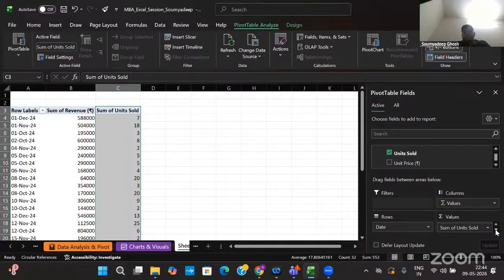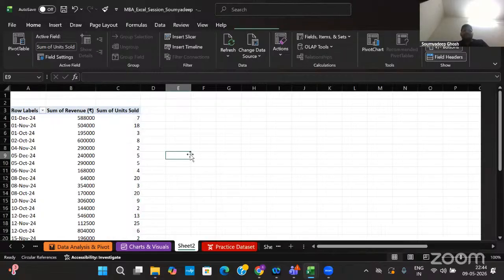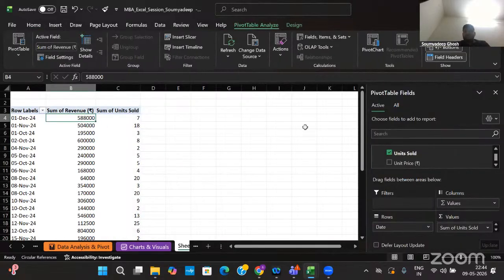In any other scenario, there can be a case where we want to just check what is the minimum number of products. In those cases, we can apply these filters. So we can just play around with different field items. We can add it over here, and we can populate our pivot table.